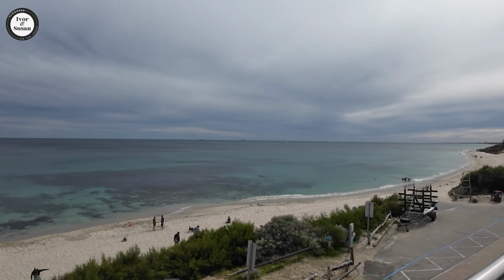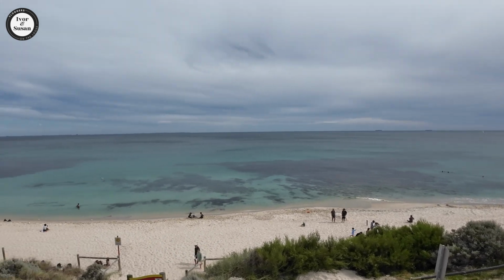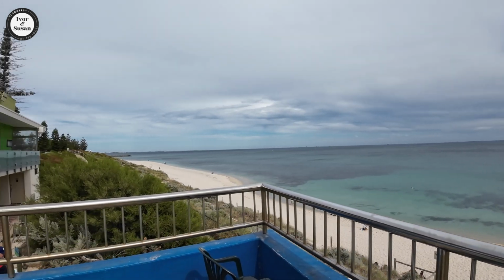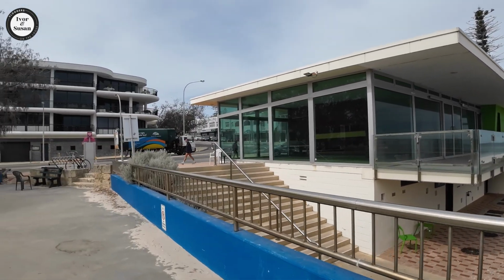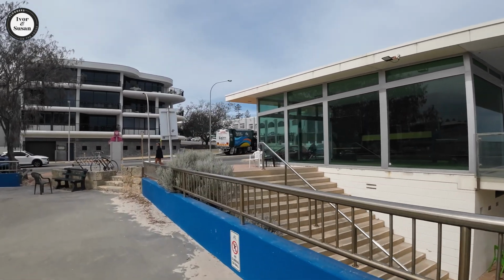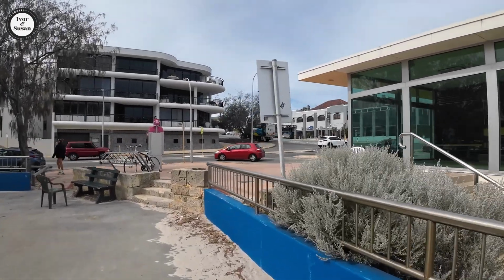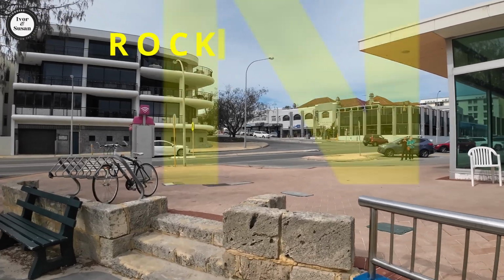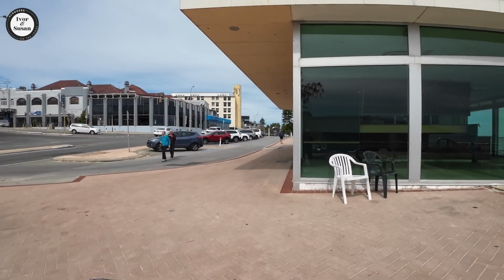Okay, guys, so now we're on to the southern suburbs. So the first one on the list, and this is in no particular order or anything. We've just been asked to give a few suburbs north and south of houses under a million, median house prices under $1 million. So that's what we're doing. So the first one in the southern suburbs is a suburb called Rockingham, and Rockingham is 47 kilometres south of